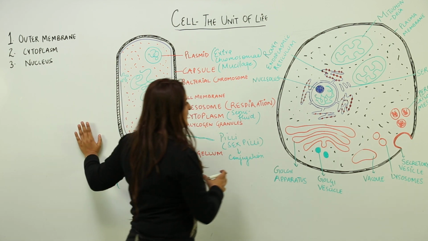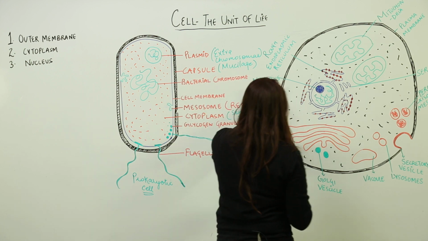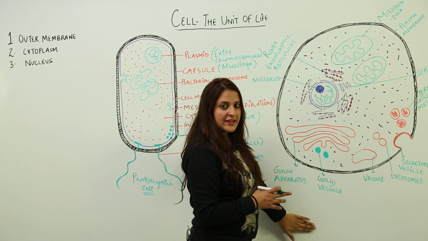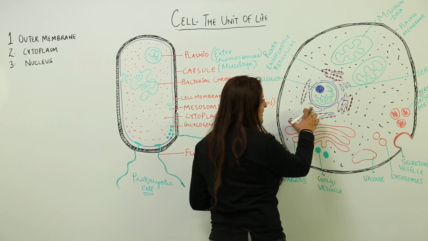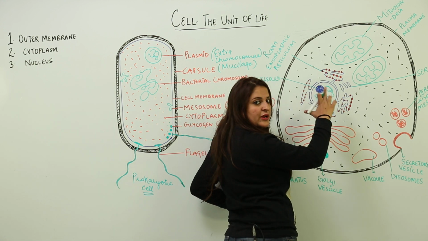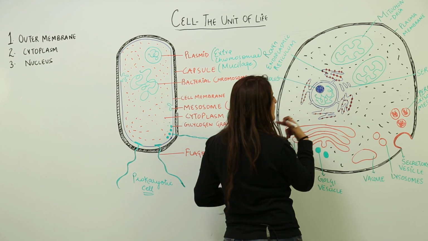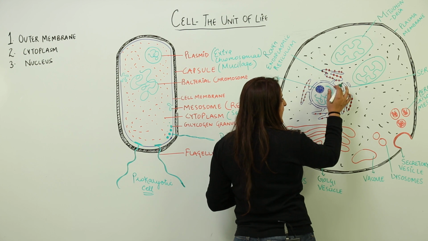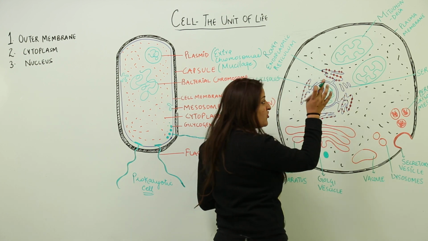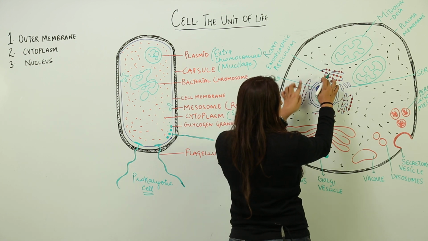Now moving on to the next cell, which is the animal cell. Animal cell, I have already told, is a eukaryotic cell. That means it contains a true nucleus. This is a true nucleus. True nucleus means that it is surrounded by a prominent nuclear membrane, which was absent in the prokaryotic cell. This prominent nuclear membrane is surrounded by these ribosomes, which are kept on an organelle known as